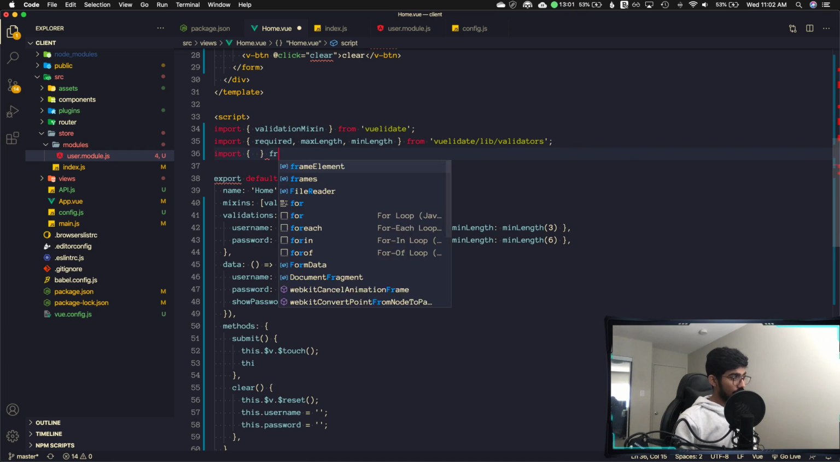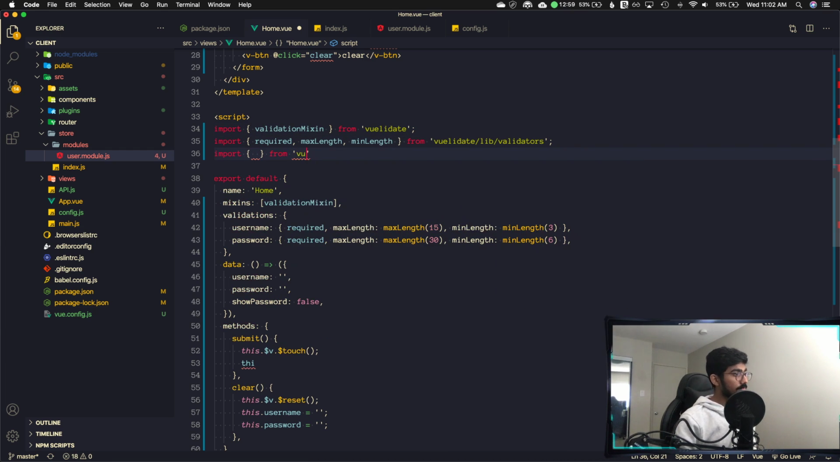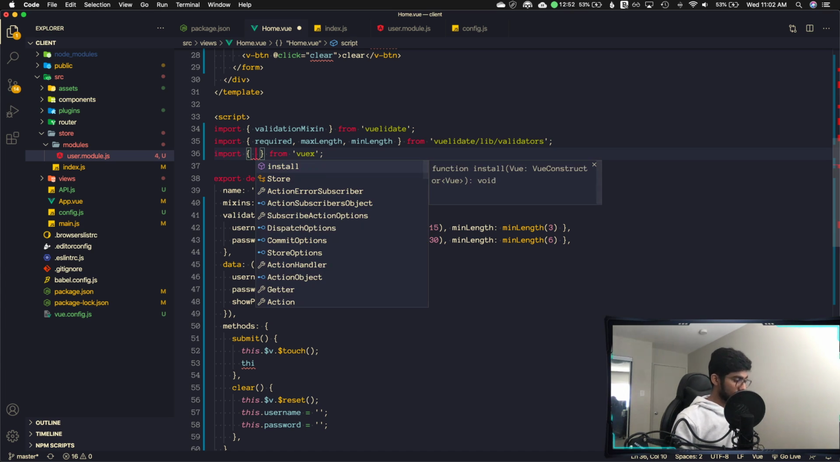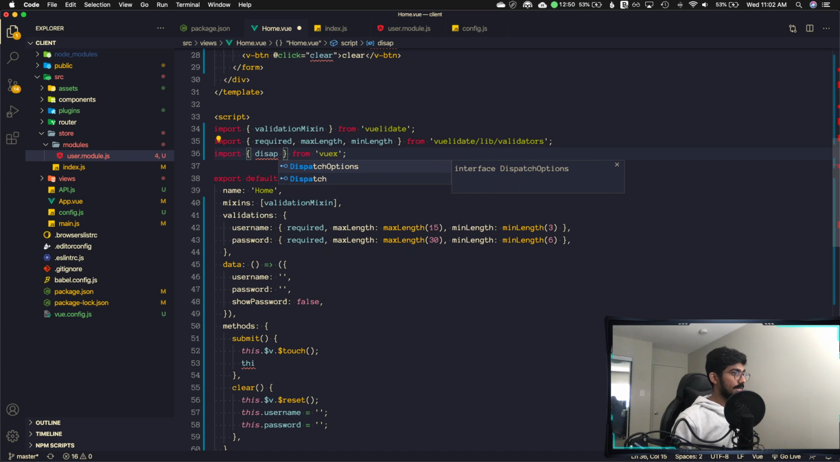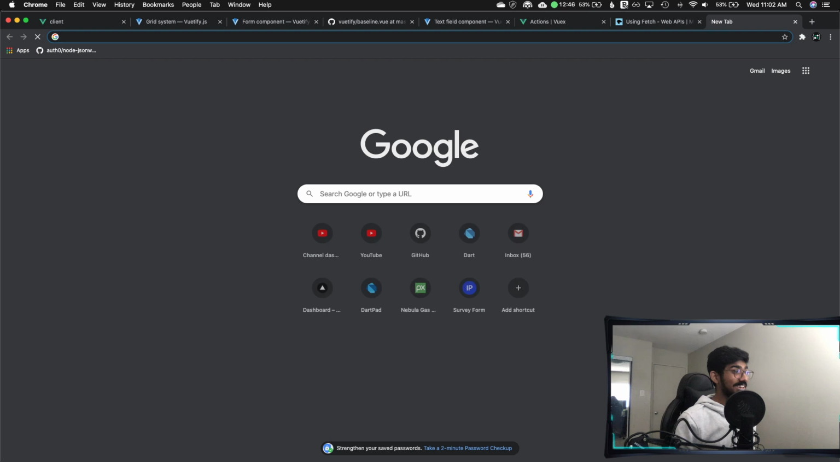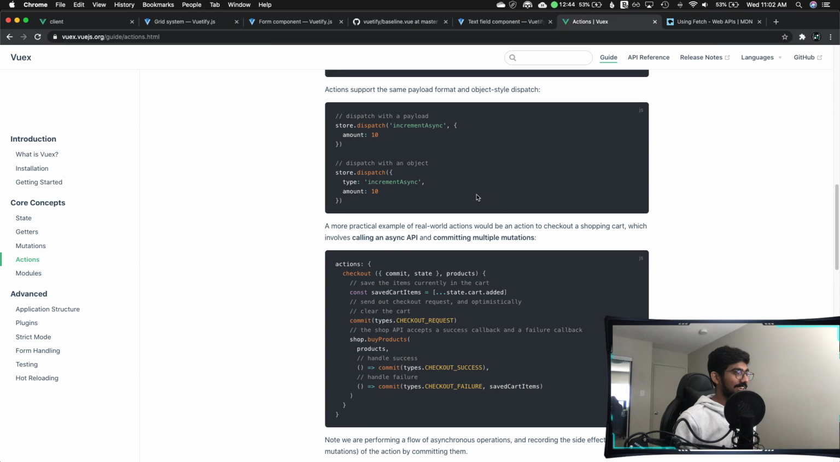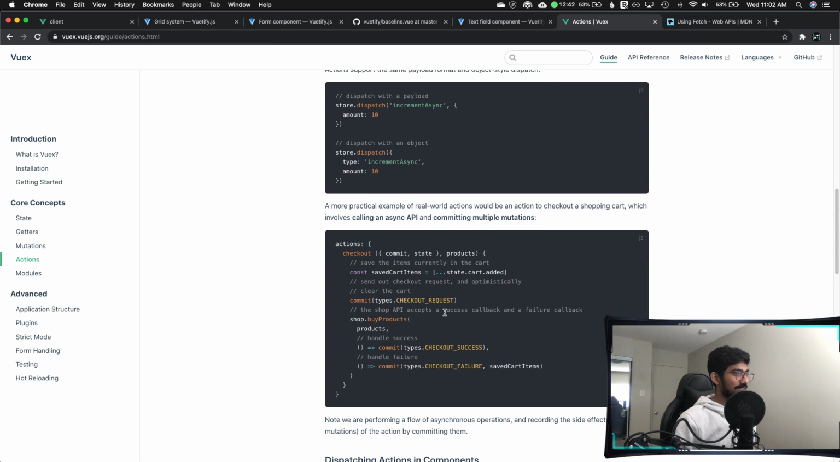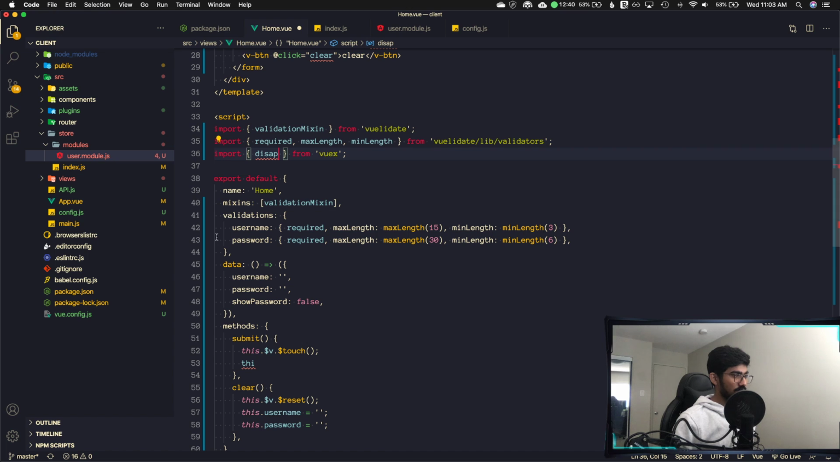Import from Vuex. It's called dispatch. I totally forgot how to call actions. Here is the example. It's called store.dispatch. Nice. So what I can do is I can import a Vuex from